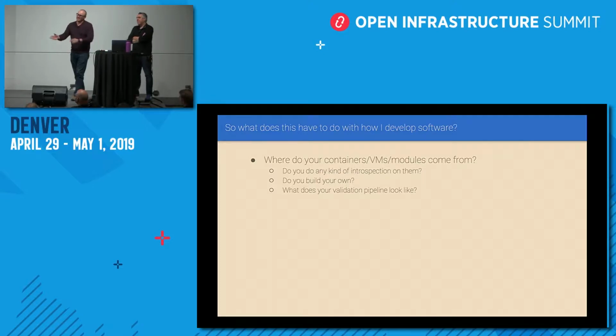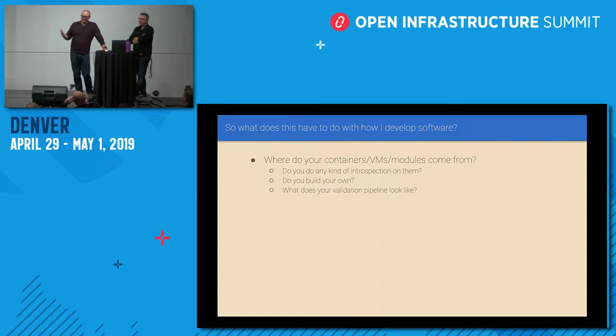Especially with containers, the whole layered file system thing has caused a lot of need for doing introspection and just understanding, which kind of brings me to my second point. One of the things we've done at Cisco is, with a lot of containers, we decided this is just too much trouble, and we've started building our own. Our own base containers, I should say. But that opens up a whole other can of worms, because now I'm responsible for all the things I'm upset at all these upstream people for not doing. So if you're building your own, again, all these questions apply.